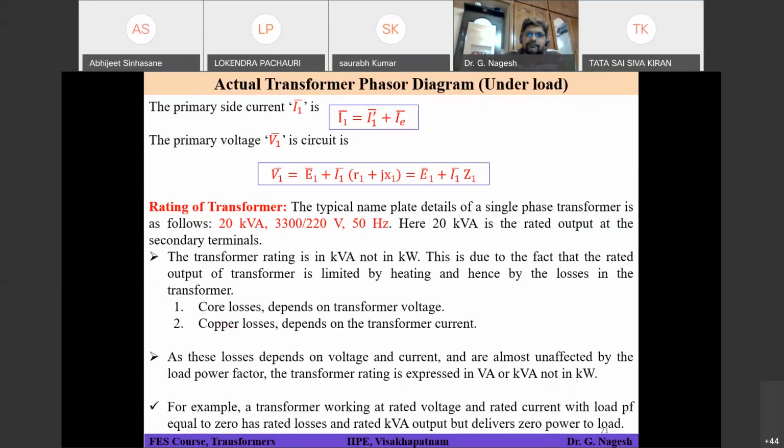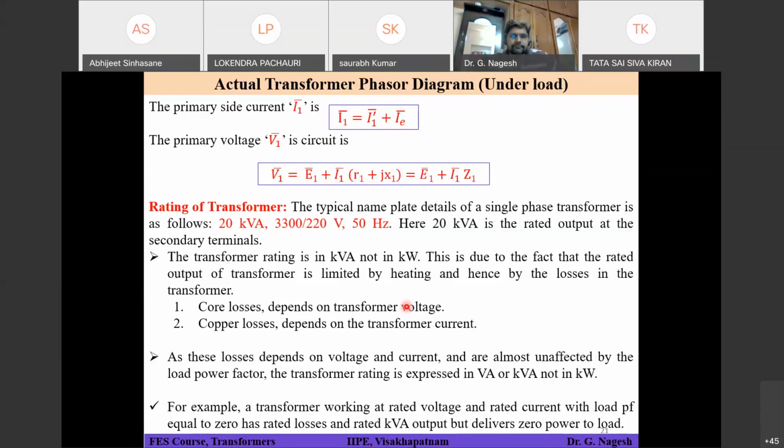Why? Because for any machine, it is the heat which is generated that will determine how much power it will give at the output. What it indirectly means is that when I am winding the winding, I should know what the output power is. Because based on the output power, some amount of current will be flowing in the winding, and the windings will be wound one over the other. So I should create an insulating material, some plastic or PVC material, between winding and winding. You're understanding now? If your heat is more, then this insulating material will melt and your winding will get short circuited.